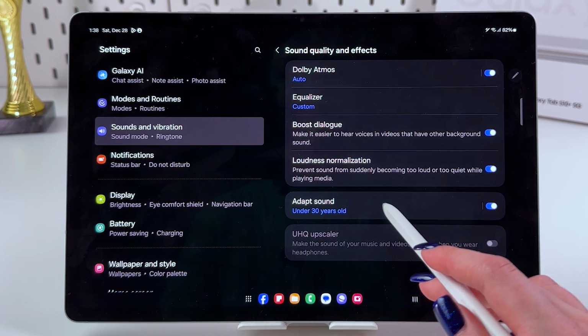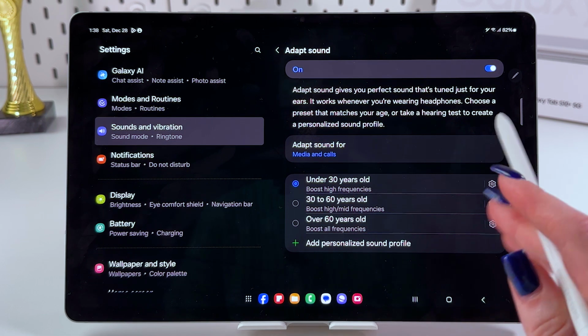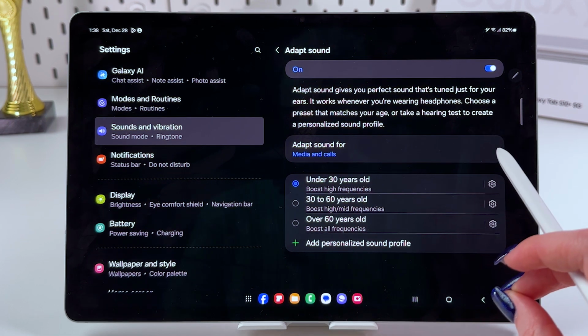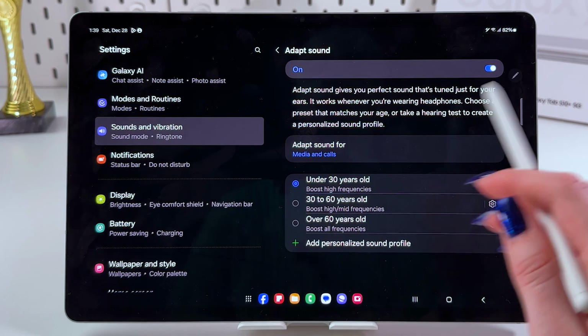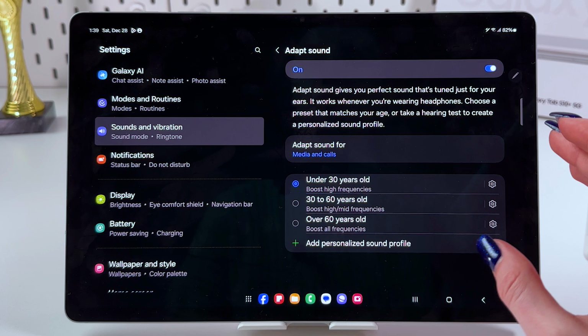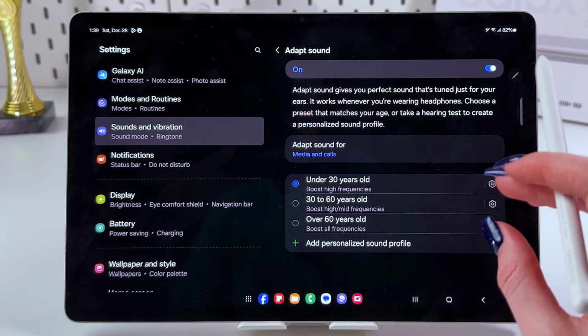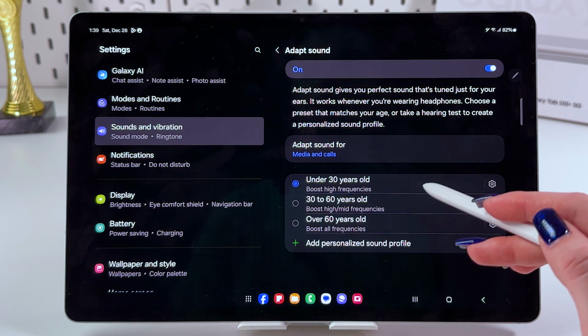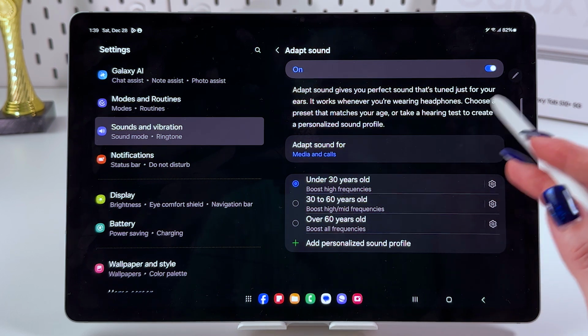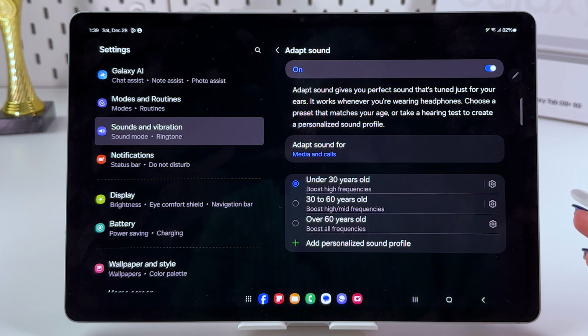For that, you need to choose this feature by tapping it. And as you can see, this feature gives you perfect sound that's tuned just for your ears. It works whenever you are wearing headphones, so this feature is made for using headphones. And now you can choose a preset that matches your age or take a hearing test to create a personalized